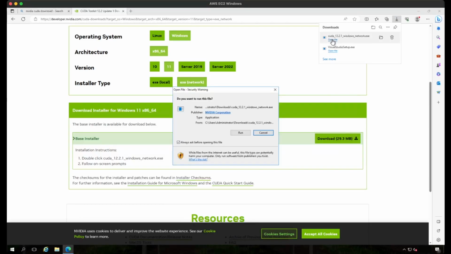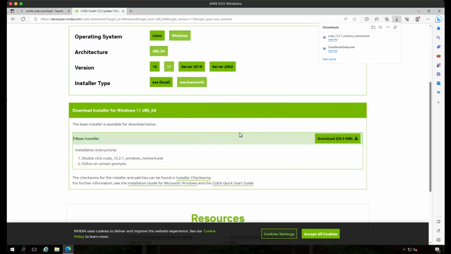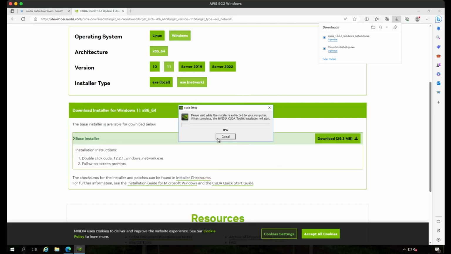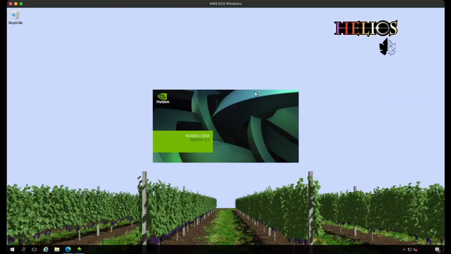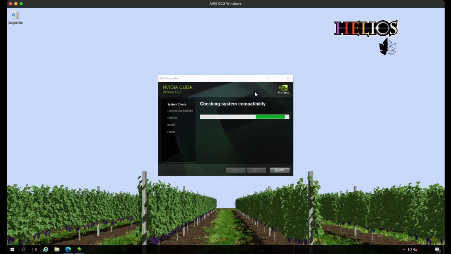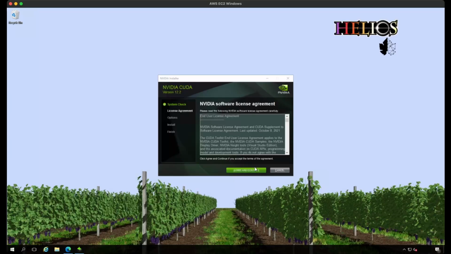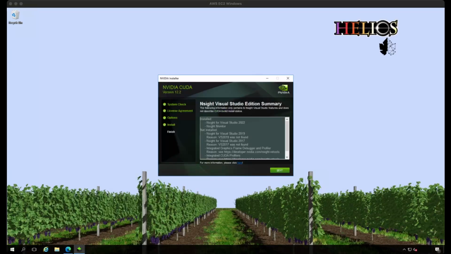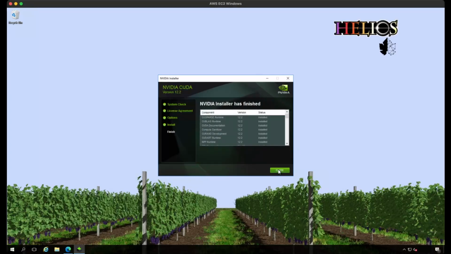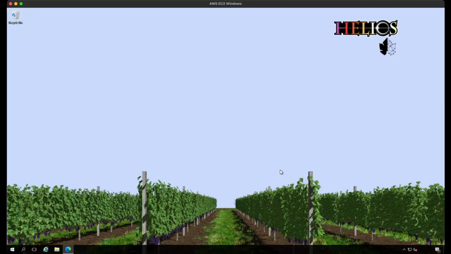All right, it's all ready to go here. Go ahead and run that. Click OK. Agree to the license. You can just do the standard installation. Okay, after another very long install, we've now reached the end. You can go ahead and view the summary, and once that's done, there's nothing else that we need to do